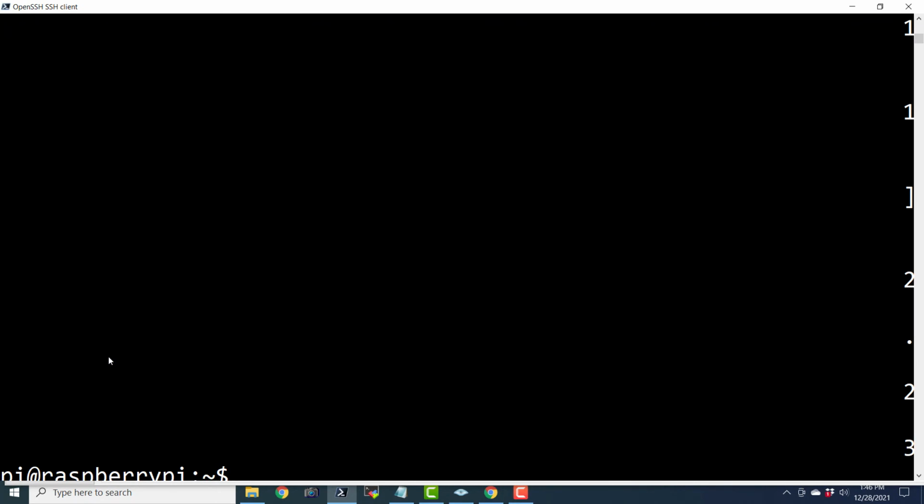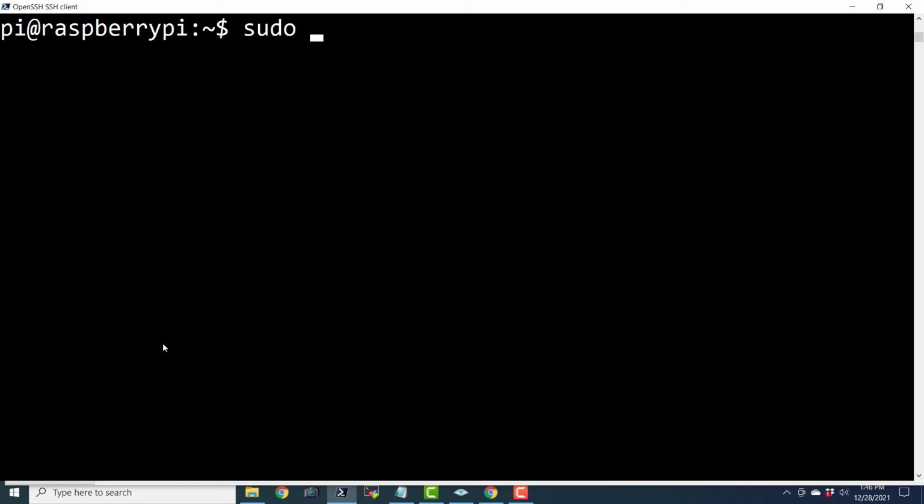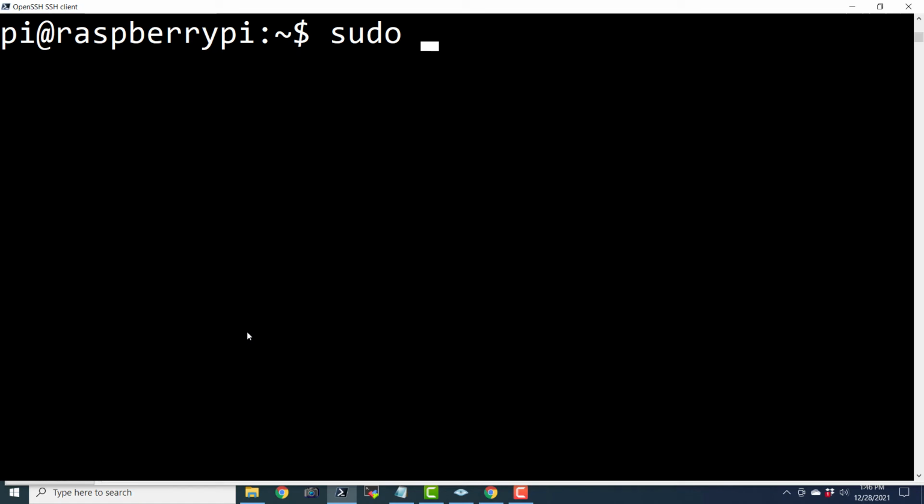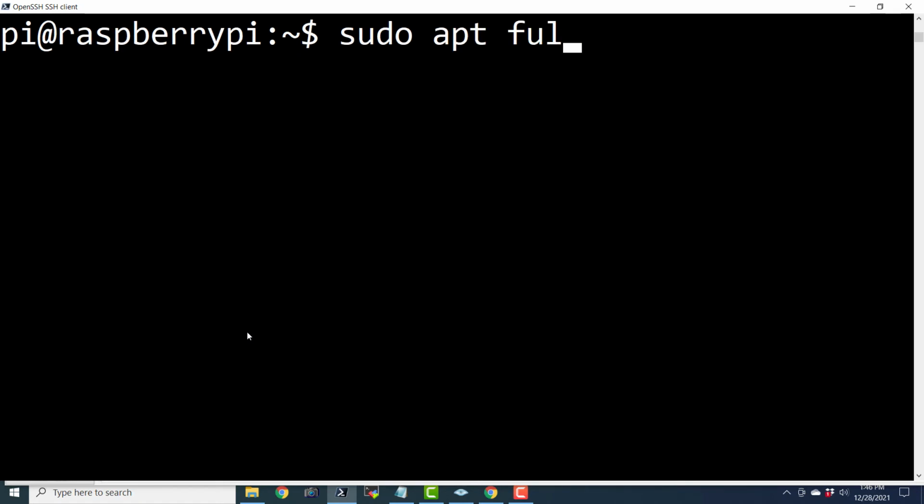So I will just go ahead and run the upgrade command. Okay, so now it has just calculated what packages have to be upgraded, and it has actually refreshed the pointers to the remote repositories and all. In order to run the actual upgrade, I will have to type in sudo. So let me increase the size for your convenience. apt full-upgrade -y.